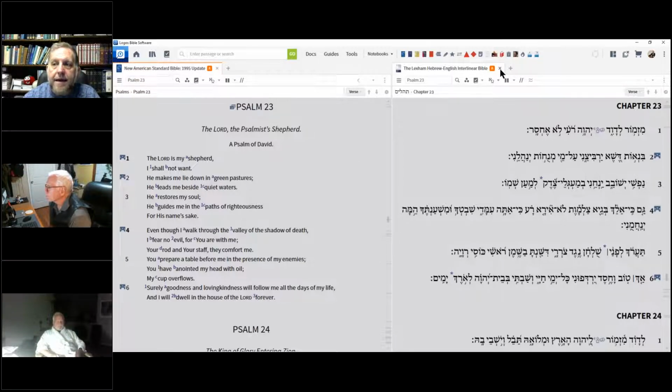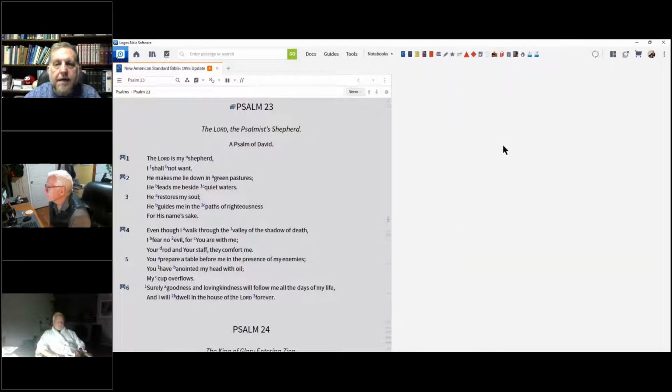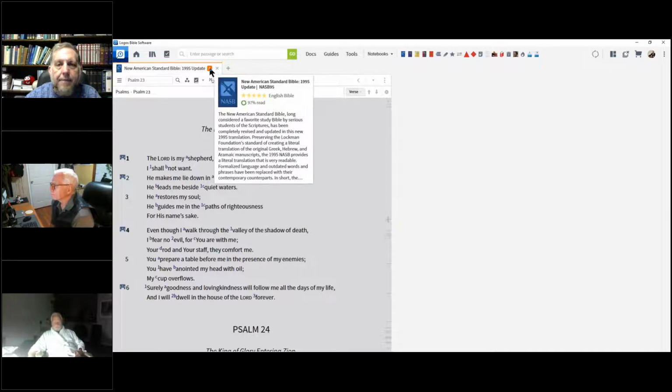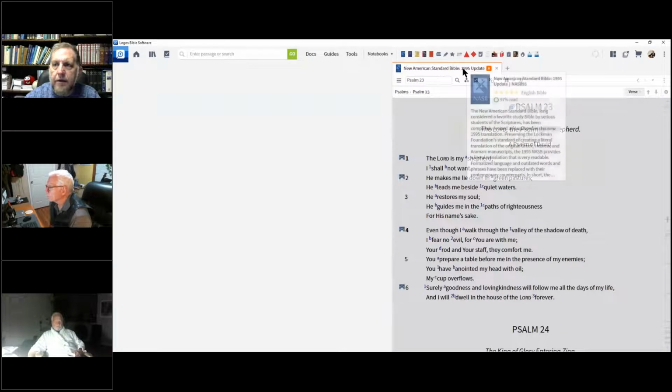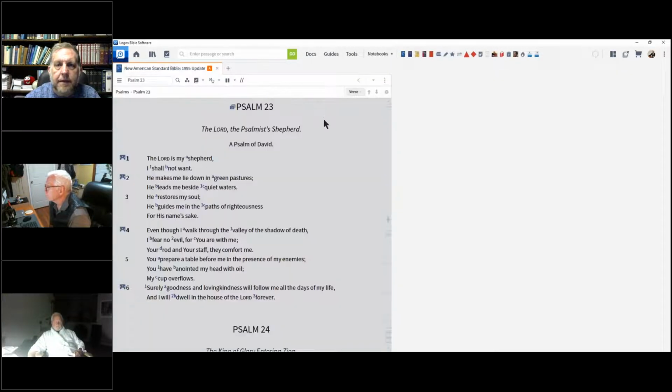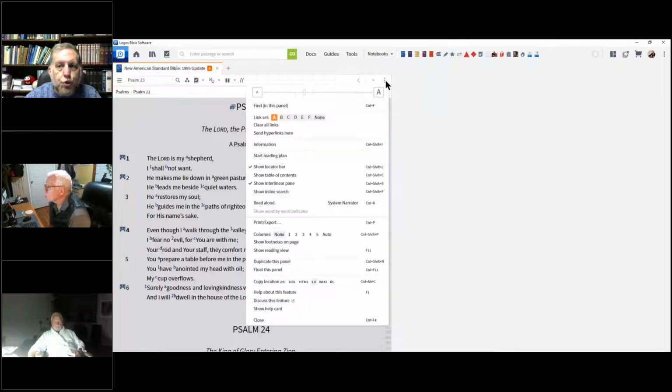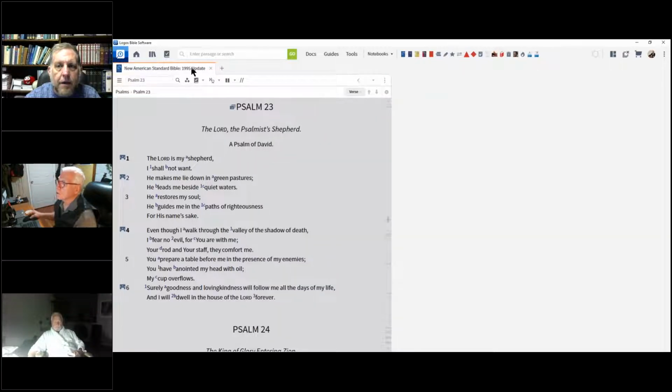Now they added a feature where they could kind of maximize their screen space. So I'm going to go ahead and close that one. And you can do this with multiple resources, or really anything that you happen to have open in a panel. And that's what I think this is called, a panel that you can move around and reposition on your screen. But rather than having two separate panels that are linked together, you actually are going to open up resources in the same panel. And that's done right here on your toolbar in the thing called Multiple Resources Display. And without seeing your